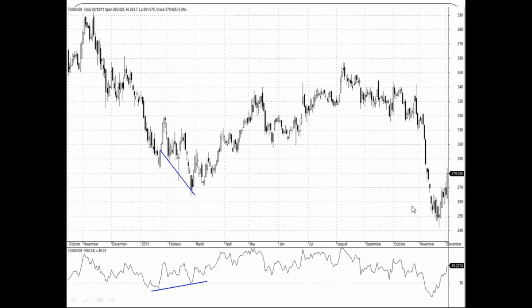Similarly, in this one, we have a bear market, the price makes a lower low and the indicators make a higher low, and then we get a reaction on the upside. This is a bear market where we make a lower low and the indicators make a higher low, and a reaction that we get.